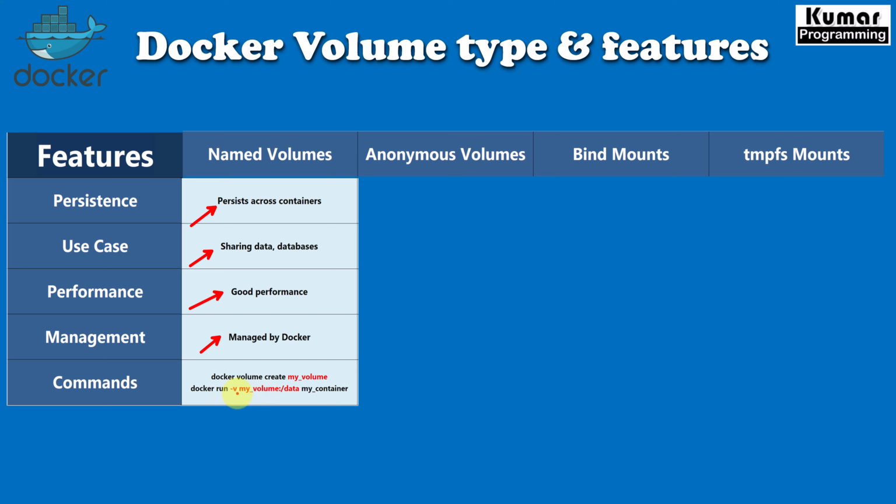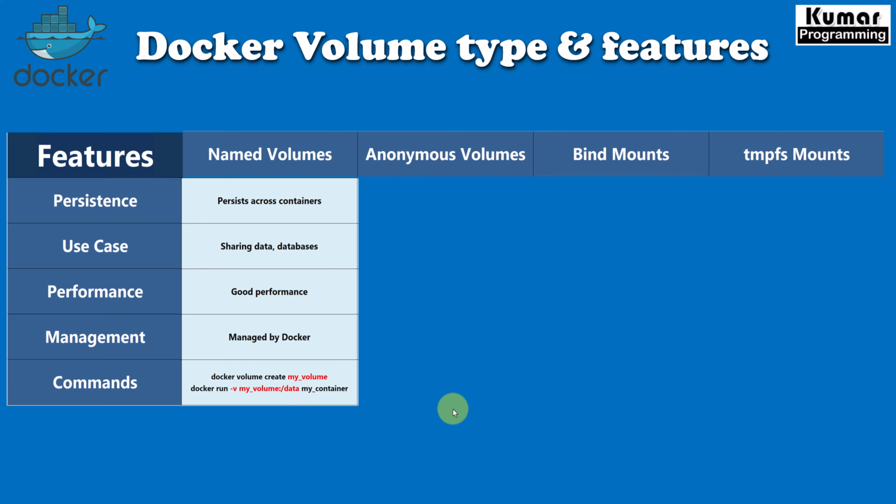So here, if you see docker run, in order to use our volume we have to give -v, and then we have to give the named volume, whatever name we have given, then a colon, and then here we have to give the path for our container data, right? So don't worry if you're not able to understand as of now. It will be more clear once we have our practical demonstration.